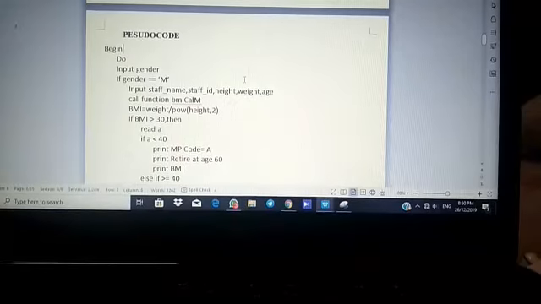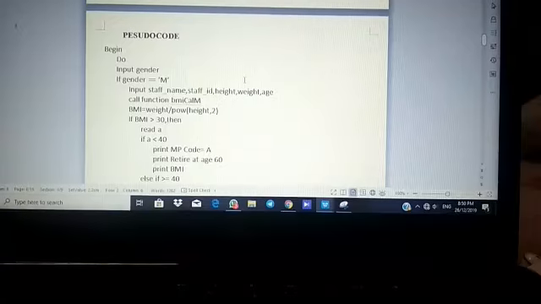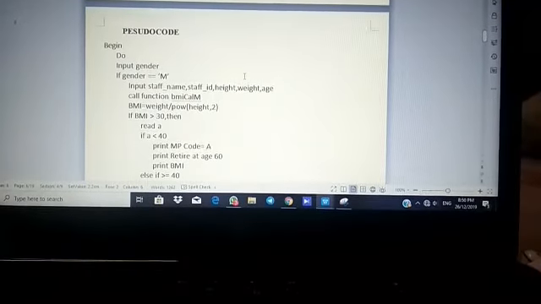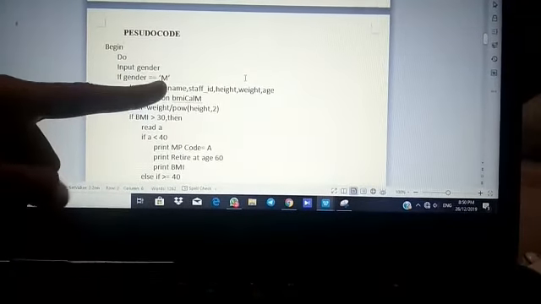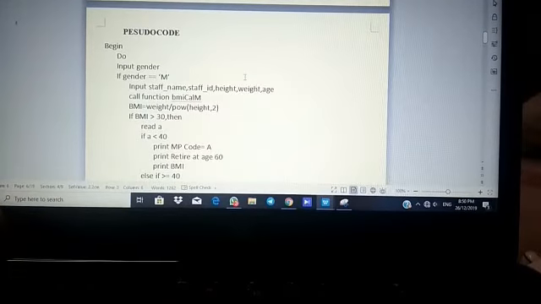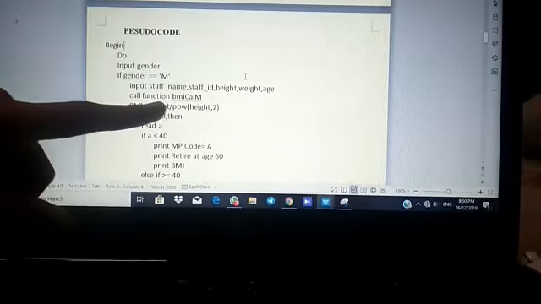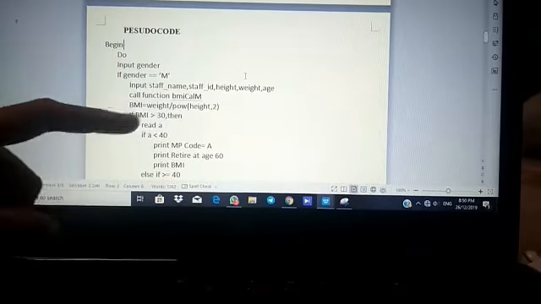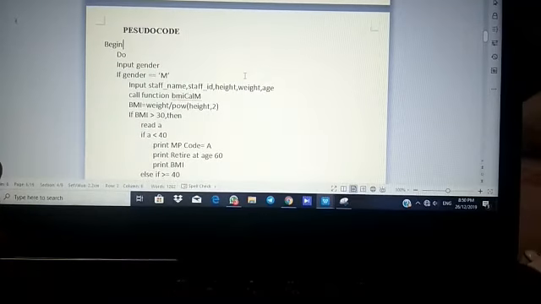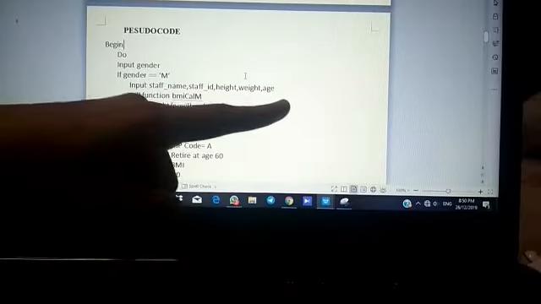So now the pseudocode begins with do, then the user needs to input their gender, and there are two categories of gender, M for male and F for female. When the user inputs, let's say M, the system will call the function BMI cal M. And then the user needs to input other data such as staff name, staff ID, height, weight and age.